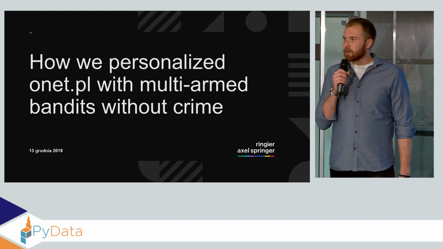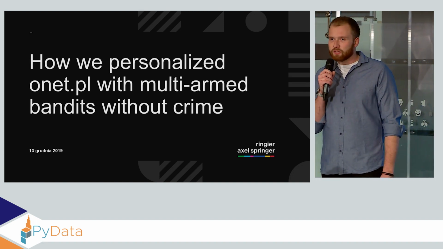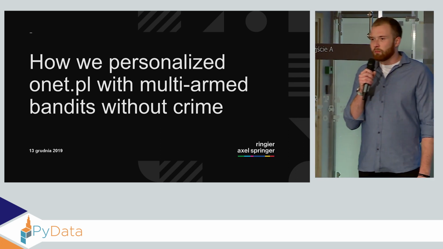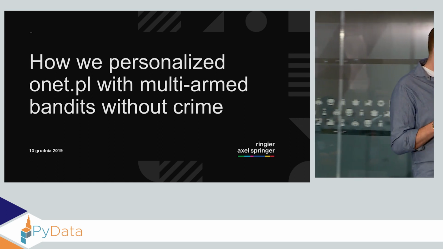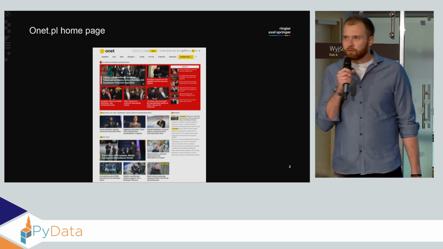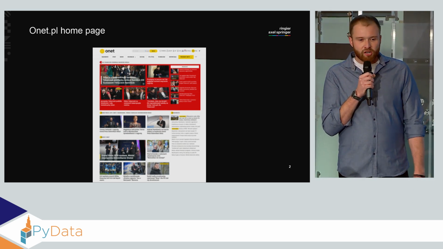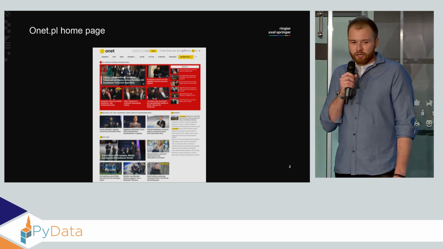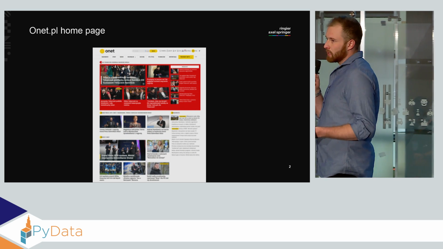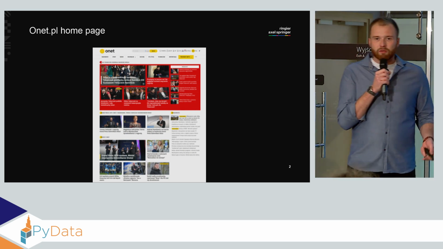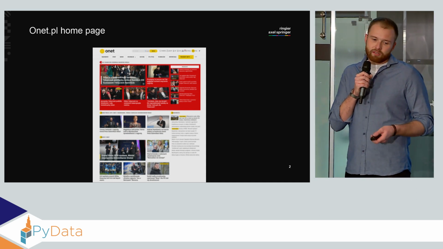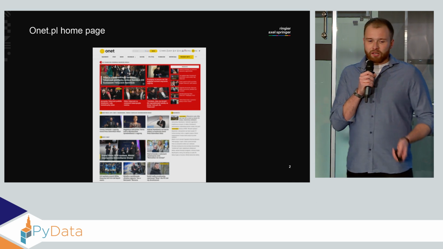We are working in the data science team in Ringier Axel Springer Polska, which is one of the leading media groups in Poland. The most famous brand in our group's portfolio is onet.pl, especially the Onet homepage. And in Onet, we believe that if we recommend our users articles which are in line with their interests, we maximize our profits because they will read more articles.